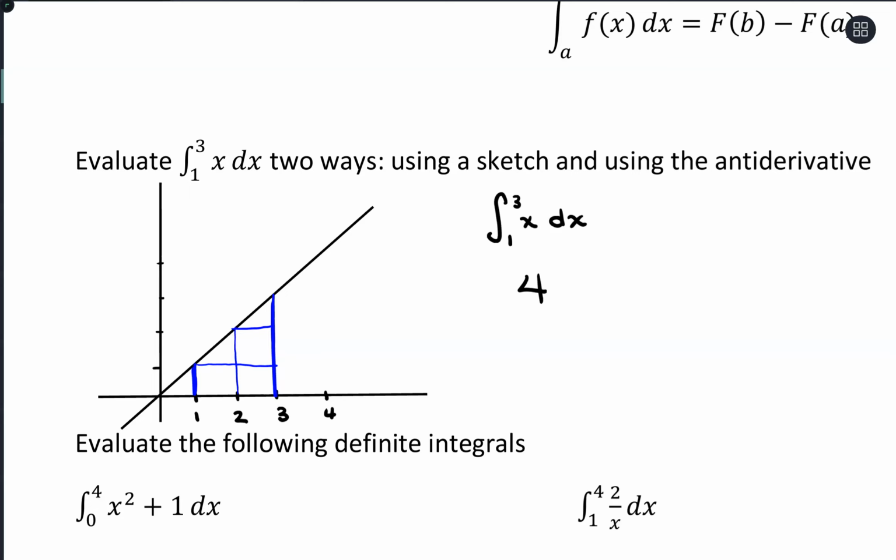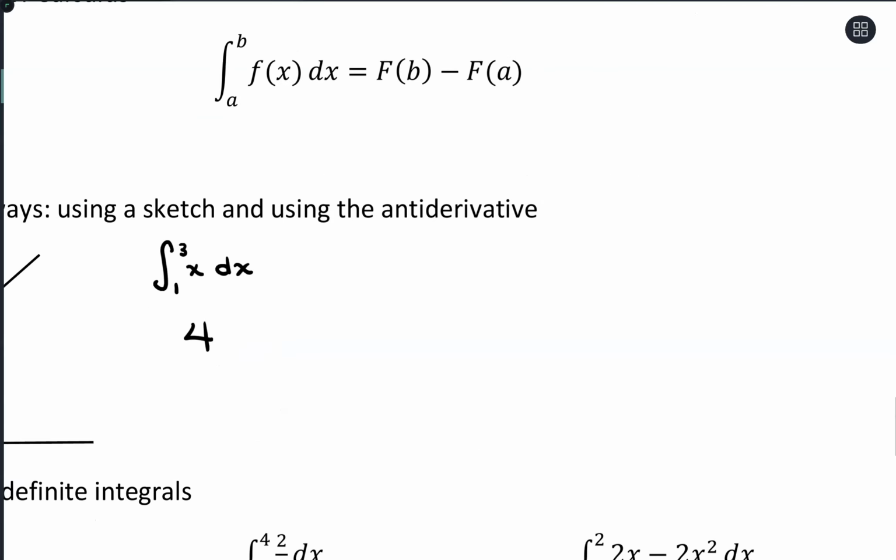Okay, so not too bad, but as you can imagine, as the functions get more and more complicated, like as we saw with parabolas and things like that, we had to use estimations. What we want to be able to do is get exact values, and that's what our antiderivative is going to help us with. So using our rule from up above, if we're taking the antiderivative from 1 to 3 of x dx,